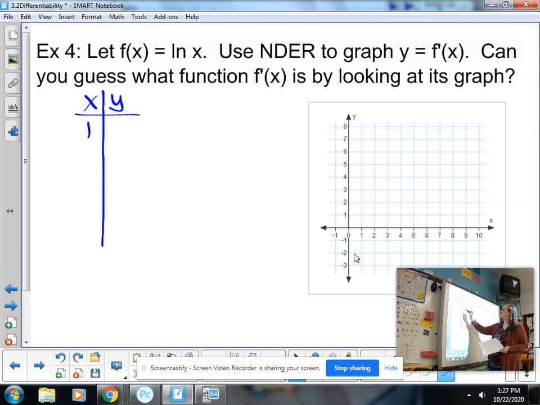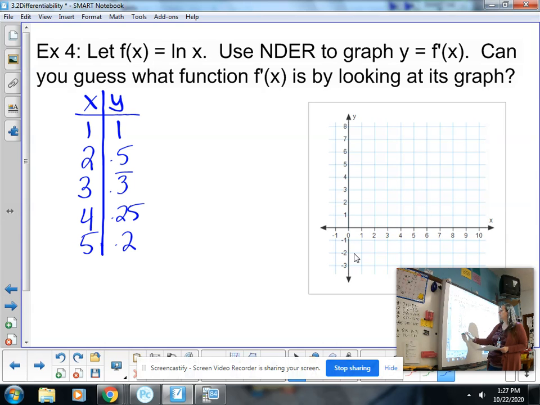So 1 was 1, 2 was 0.5, 3 was 0.3 repeating, 4 was 0.25, 5 was 0.2, and I don't